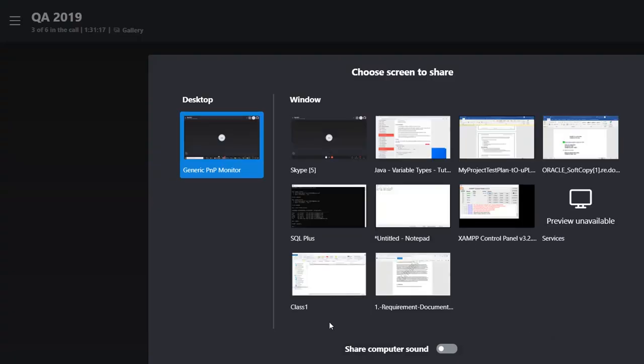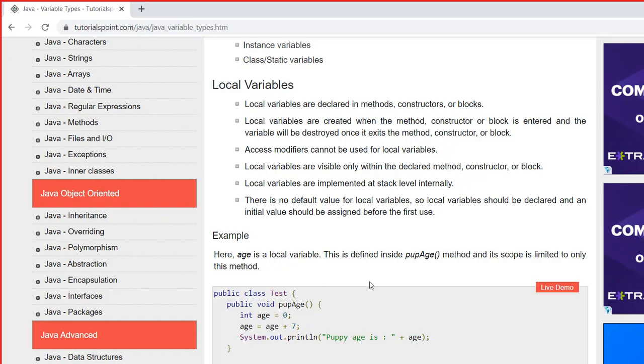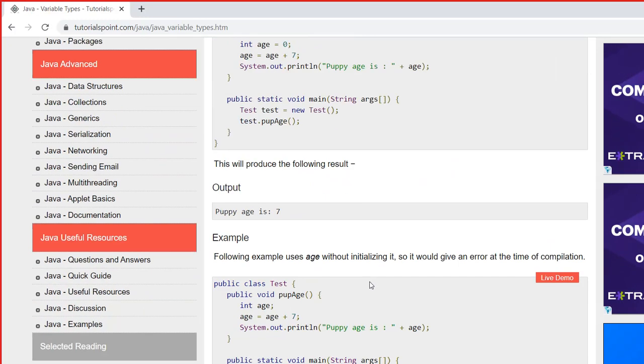Give me 1 second. Can you see my screen? Okay. So here,